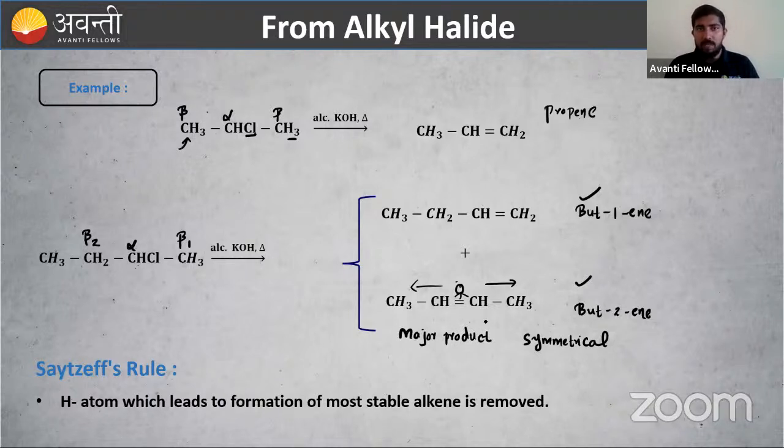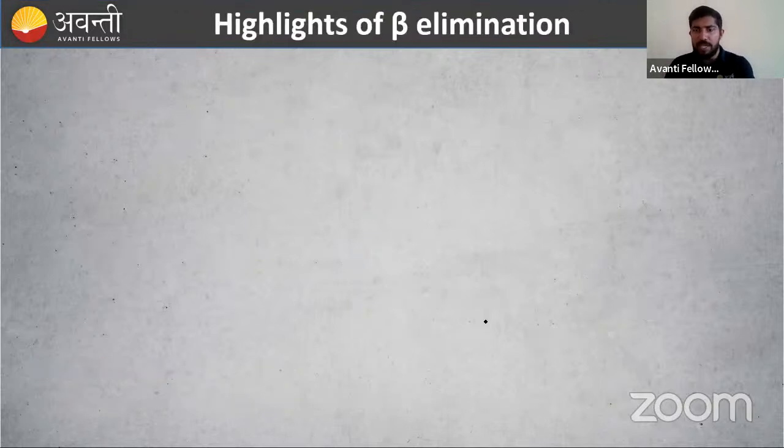So this is an example. You have to remove halogen. You have to remove hydrogen, alpha carbon, beta carbon. You have to decide from where you have to remove this hydrogen. It is based on the Saytzeff rule. Next year also, you will study about this rule. If you have studied it now itself, it is perfect. No need to take a heavy burden next year. So that is it, the Saytzeff rule. You have to remember the more symmetrical alkene is formed. The Saytzeff rule favors the more stable alkene or more symmetrical alkene. So that is the major product or Saytzeff product, right?